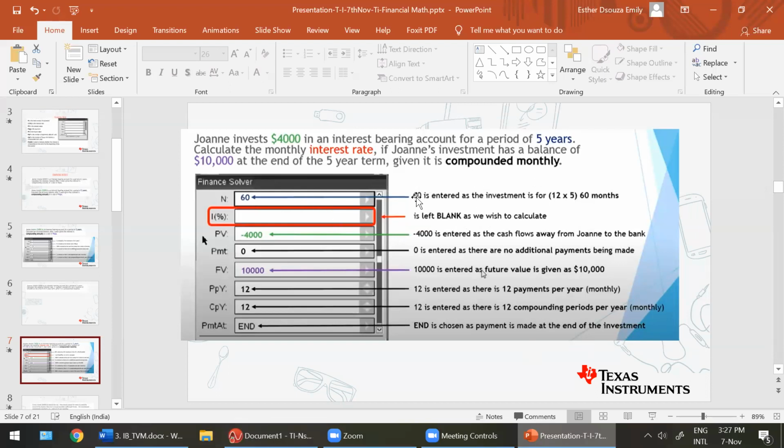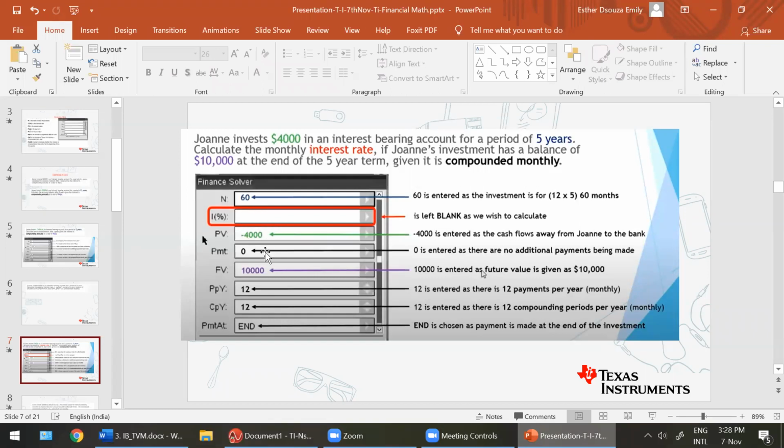Next, when you're compounding monthly, even if the number of periods n is given to you in years, be sure to type it in as 60. Remember, you will only get this correct in the exam if you enter the values correctly. It's the quickest way to get it and the fastest way to score the maximum marks. Very shortly, you'll be seeing an IB question related to the same topic. So I% is, as I told you earlier, the interest rate per annum.